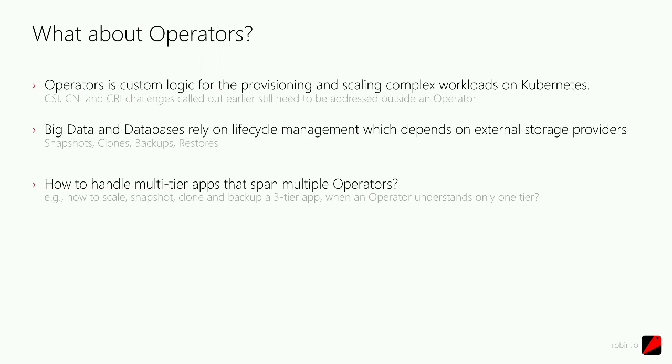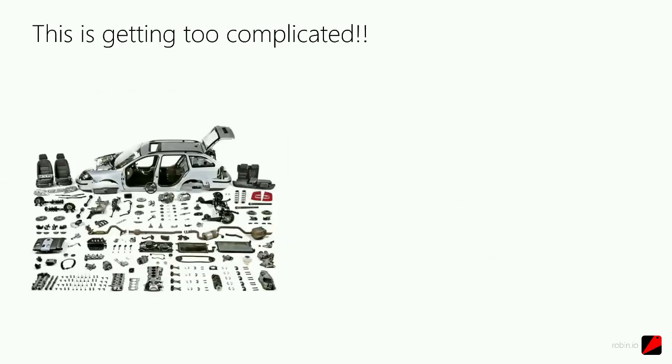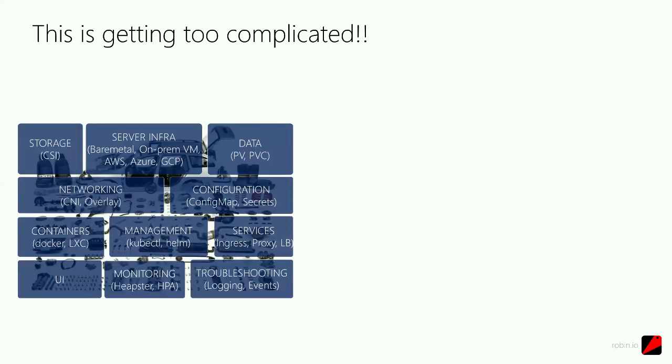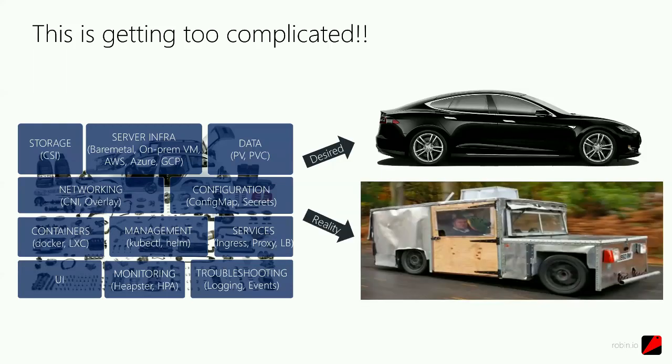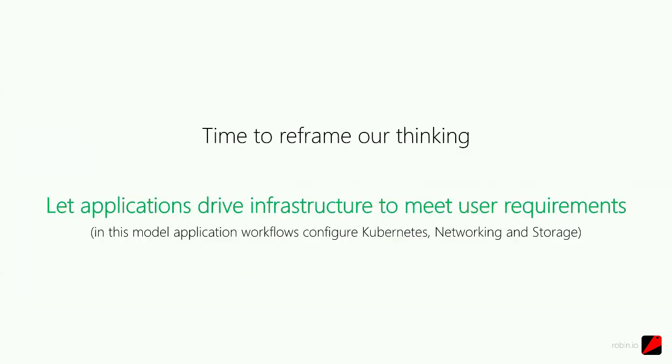All right, moving on. I just want to summarize this whole thing. It's like assembling a car: you have all these great parts, you put them all together, and you expect to see a car that looks like this, but in the end you actually see something like this. It's a nightmare to manage, maintain, and troubleshoot. Now, how do you go about thinking about solutions for this? Before we jump into the architectural underpinnings for the solution,